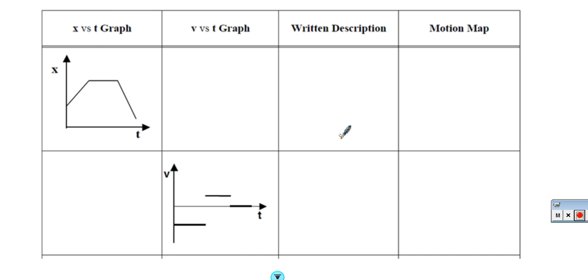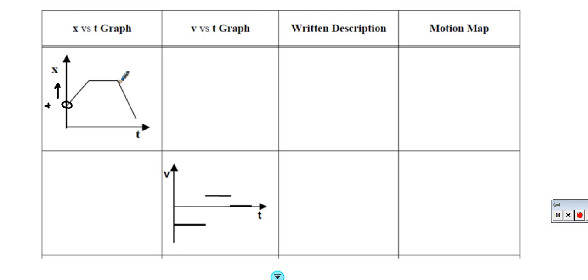So in the first example, we're given a position time graph. So what we can say from that are a couple of things. These are qualitative descriptions, so we don't have much in the way of numbers that we can use and calculations to do. But what we can say is that the origin right here, this location is its initial position at time 0, and it's some positive position away from the origin. The object is moving to the right from where it starts in a positive direction, and it comes to a stop,